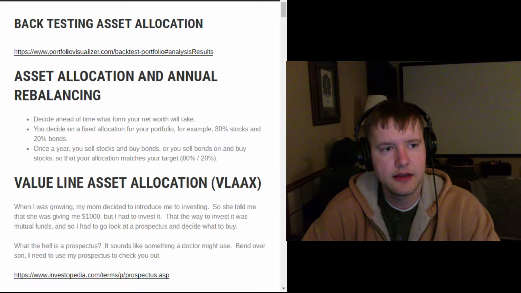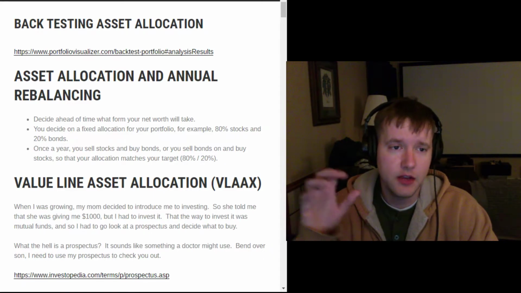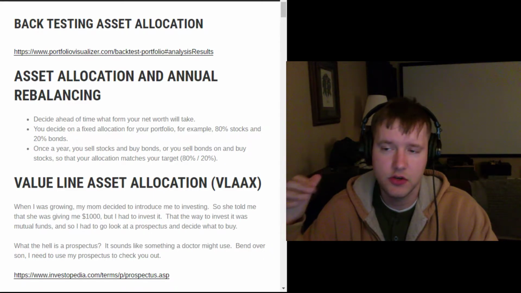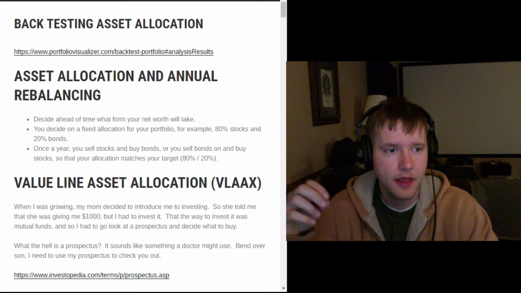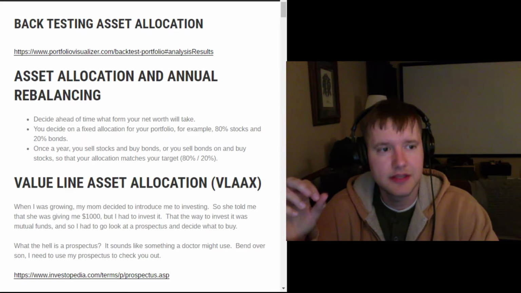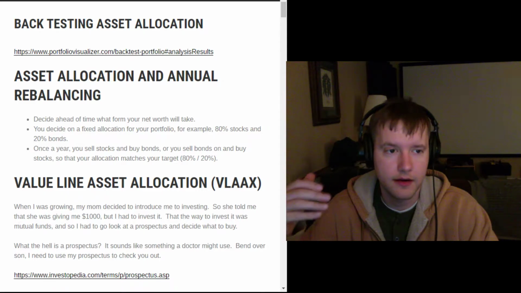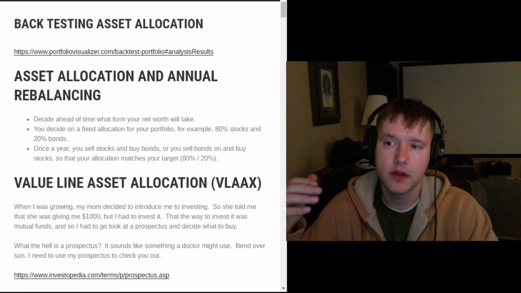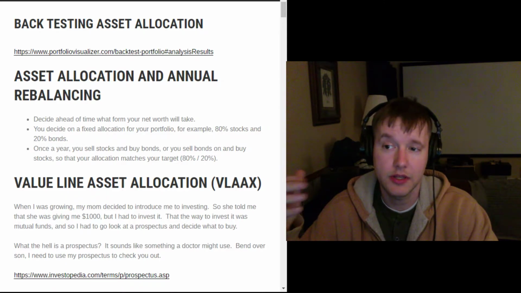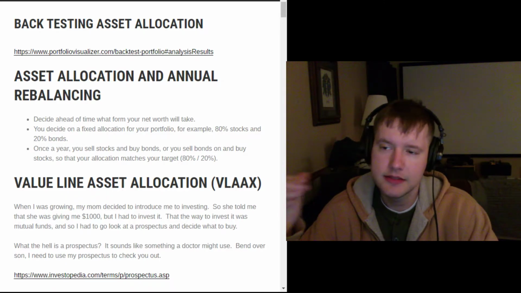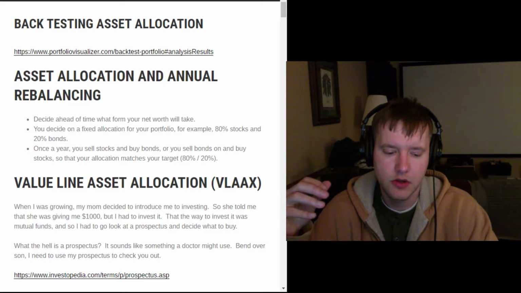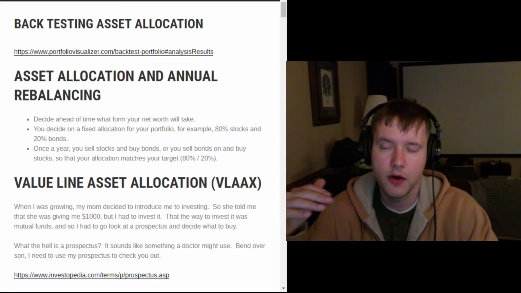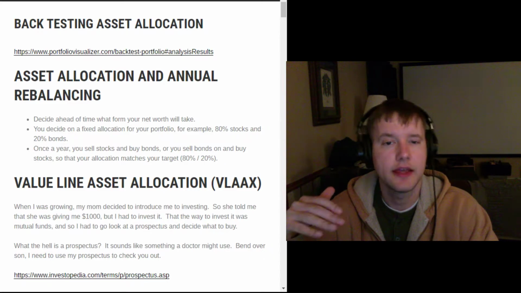All right, and so that is asset allocation. It's just deciding what categories and what percentages your net worth is going to live and grow in. And annual rebalancing is simply looking once a year at how much of each category your net worth currently is, and then buying and selling things so that you adjust the portfolio back to the allocation that you planned on